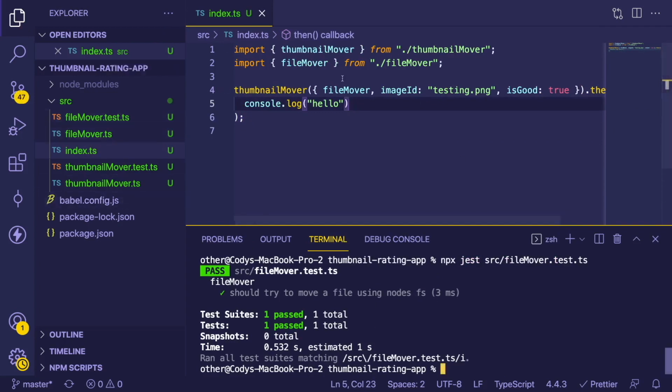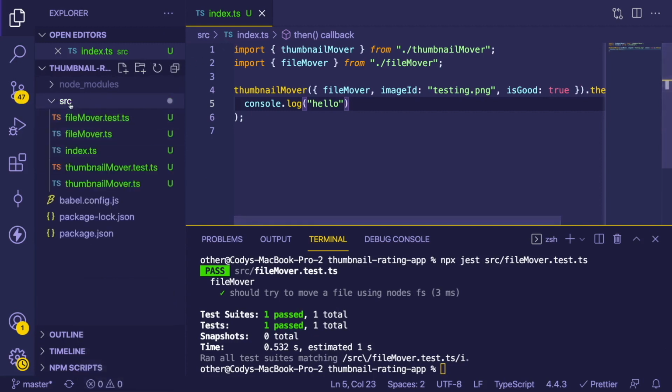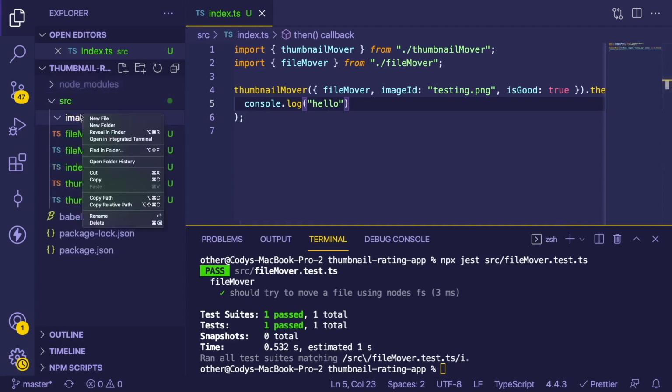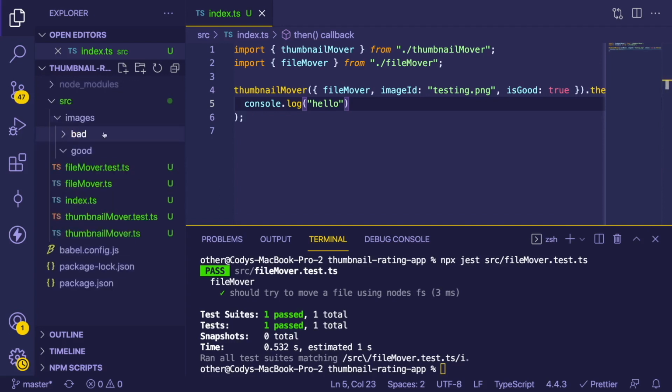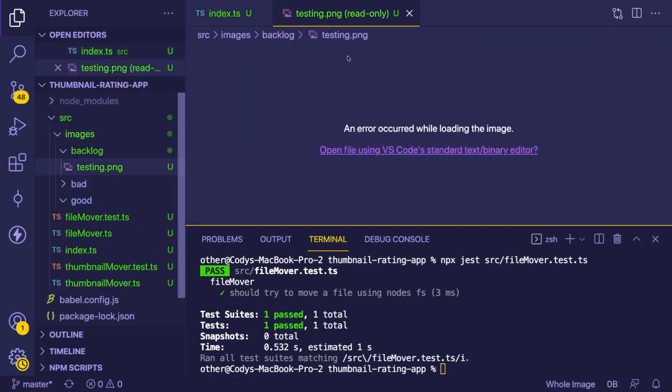So what we can do here is we need to make sure we have a directory set up. And I think it needs to be set up in the source folder, but we can kind of change that in a little bit. We need to have an images, and we need to also have a good folder. We need to have a bad folder, and then we also need to have a backlog. And then inside that backlog, I'm going to make a file called testing.png, because that is what we're kind of